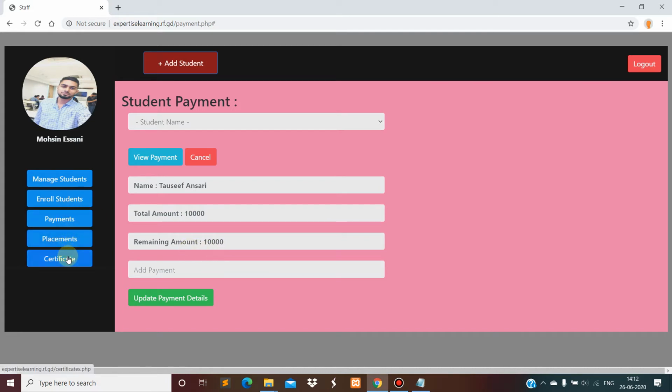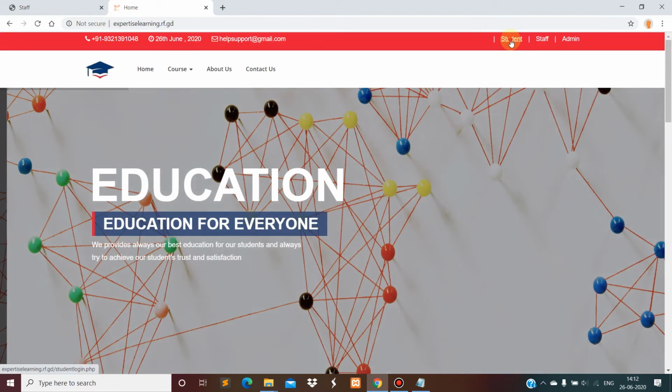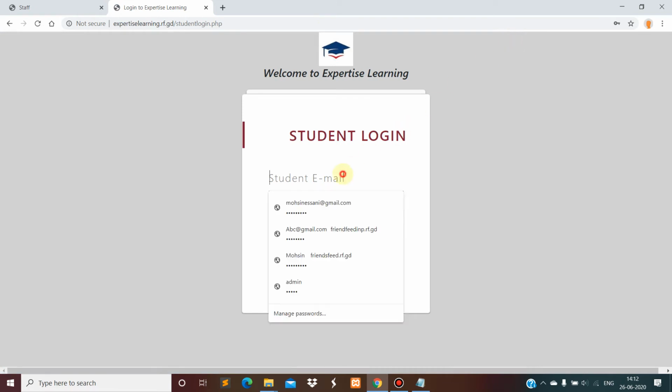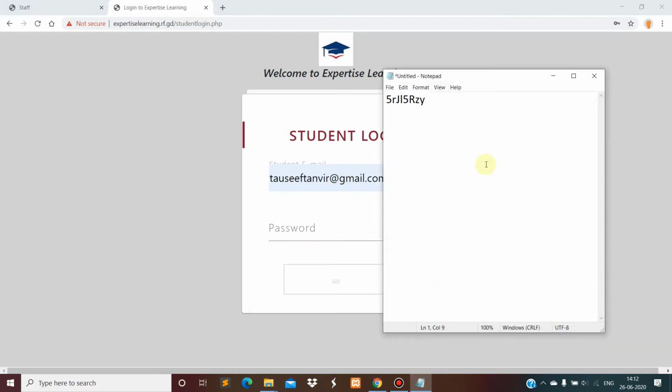Moving ahead, now we will see the student login. What is happening in the student login we can see over here. What was the password?